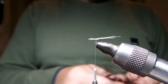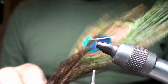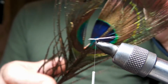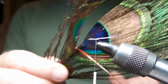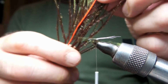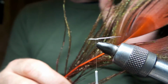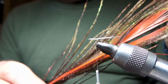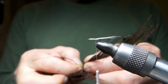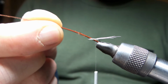So next stage is the peacock eye. This one's from Cook's Hill, and it's only about £1 or £2 each, and they're dyed orange. It looks quite harsh there, but when I've done the strip quill, it is very much on the same level as the natural. So you can buy strip quill done, but I'm too tight and I haven't got the money. What I generally do is just pull one off the eye,